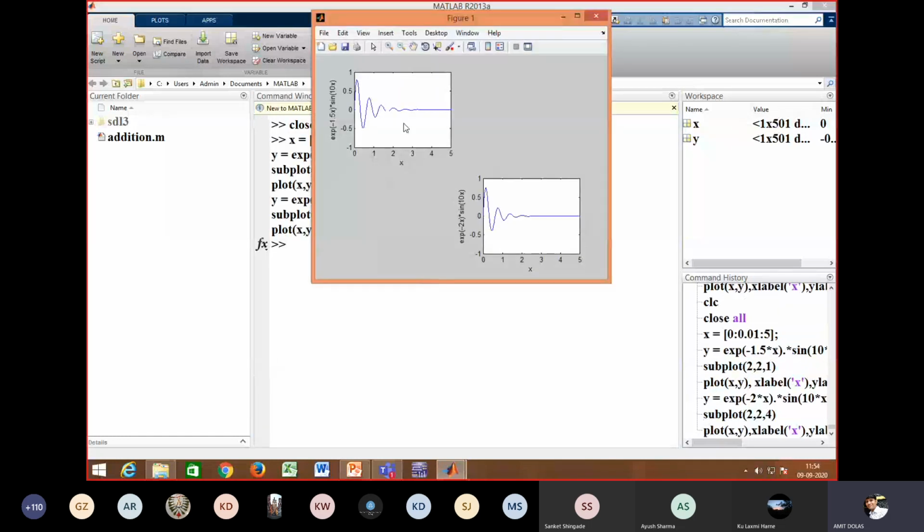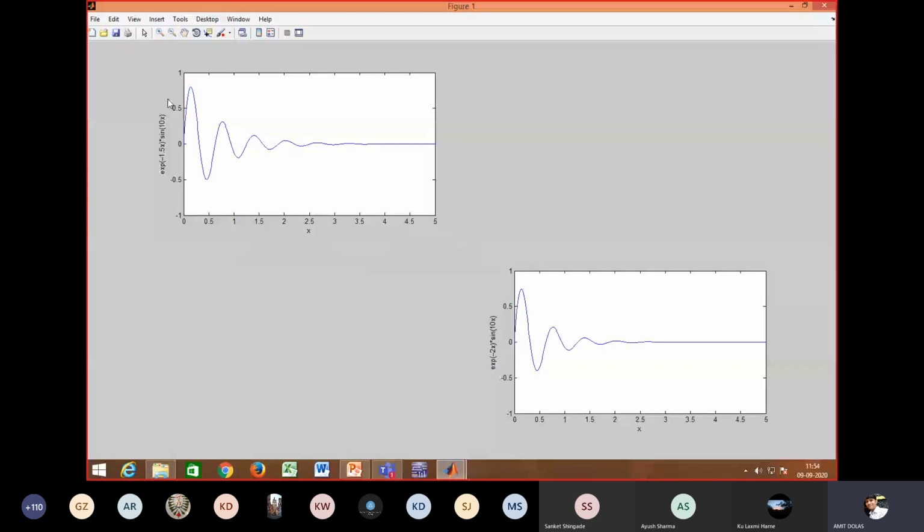You can see in the graph, the first position is there as we have not made any changes there, and at the second position we have not placed a graph in the 2x2 plot, 2 rows 2 columns. At the third position also we have not placed anything, but at the fourth position I have taken the second graph, which is plotted here.